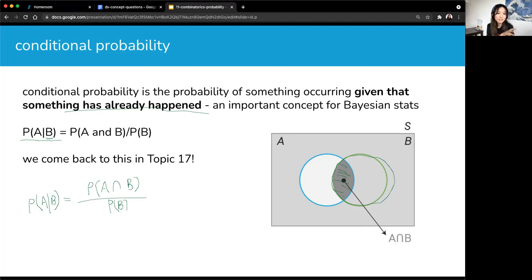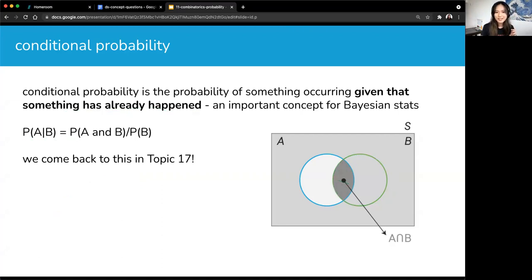We will come back to conditional probability in topic 17, which we're doing next Friday. We'll get more into it then because that's more relevant for that. But questions about this at this point? All right,